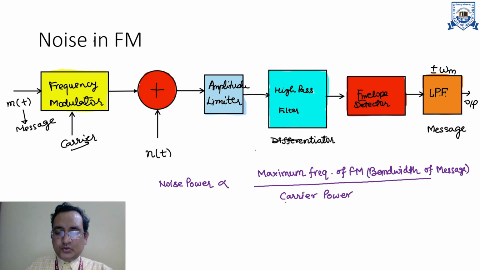So if I want to suppress the noise power, then definitely I have to increase the carrier power. So that's why this is the important point. If you want to suppress the noise power at the output of the receiver, then you have to transmit more carrier power. This is one way, right? And you can clearly see that you have to reduce the bandwidth of the message. But if you are sending a good quality message, then you cannot compromise with the bandwidth of the message, right? So there should be a trade-off between the carrier power, noise power and bandwidth of the message,